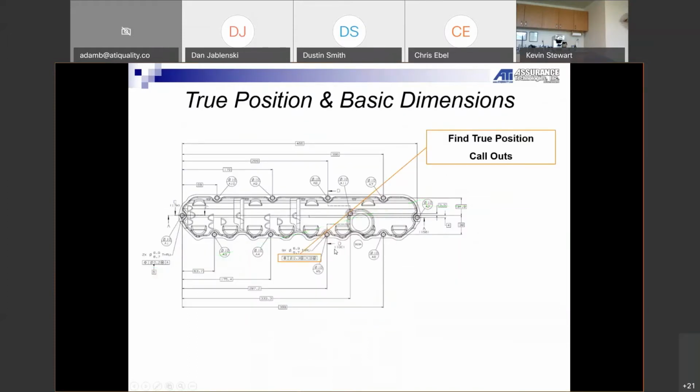So here's one example that we have for a customer. I want to thank them for letting us use this as an example. We have a bunch of basic dimensions going on here. We have a couple true position callouts to different datums. So the first thing that we need to do when we're going to measure true position is find our true position callout. And we can see the modifiers that we're going to have here. We got some material condition added to the tolerance of position,